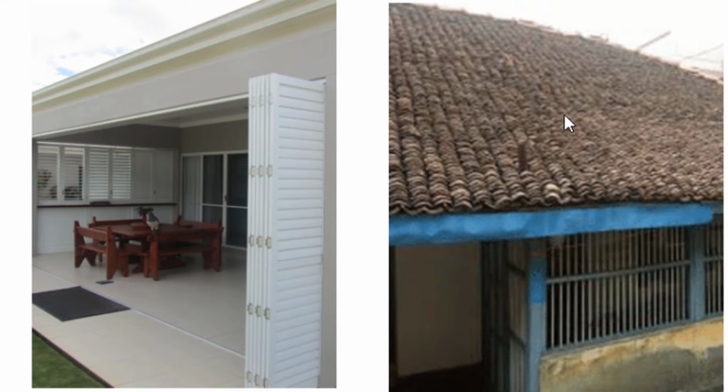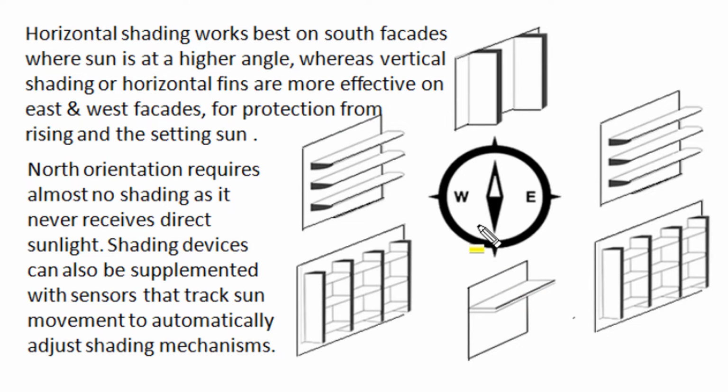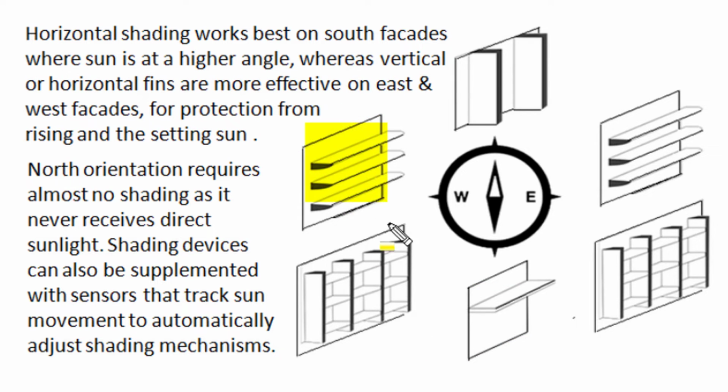Even a veranda or a projected roof can act as a shading device, and such shading improves energy performance of our fenestration. Horizontal shading works best on the south facade of building, especially in summer when higher angle sun radiation is stopped by such shading, and the same shading won't stop lower angled winter sun rays, which is desirable, whereas vertical fins are desirable and more effective on east and west facades of building for protection from lower angled direct penetrating sun rays from east in the rising sun time and in west for the setting sun time, and this shading of horizontal fins or vertical fins on the western side of building is very desirable for energy efficient